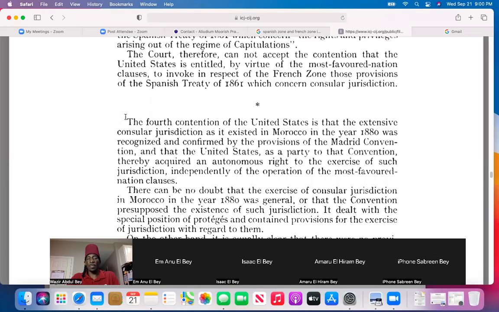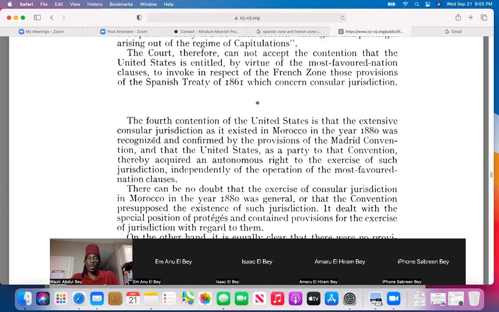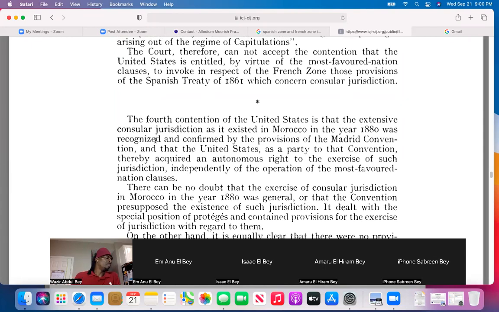This one looks like it's getting even more interesting because now they're talking about the Treaty of Madrid and all that. But we will leave that for next Wednesday. I foresee us having to go over this document for the next 2 weeks or so before it's complete. In some cases, I know that it's kind of a boring read to a degree, but you have to pay attention and see where it's going.